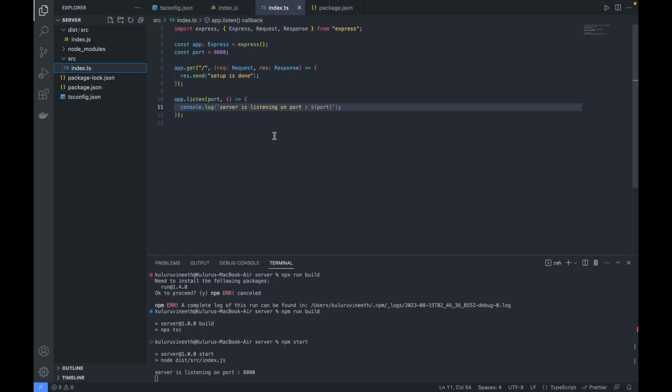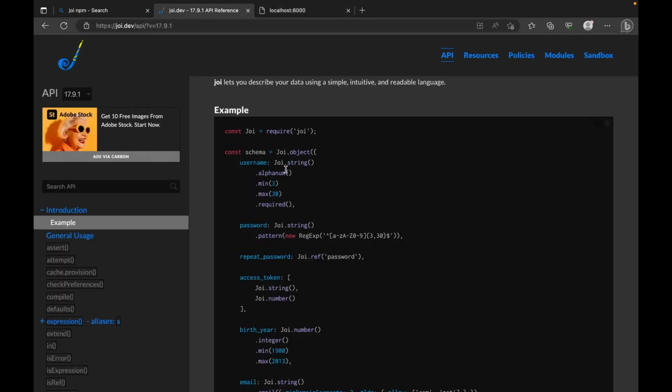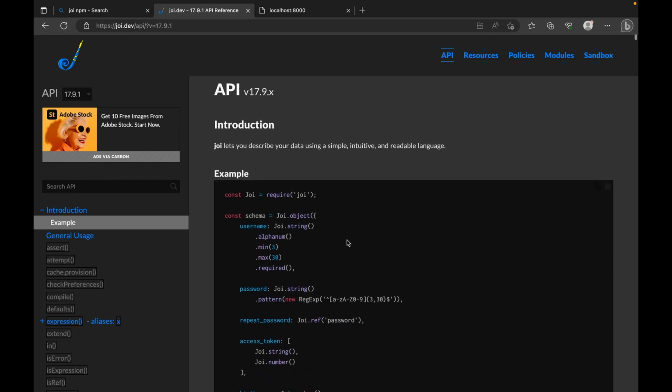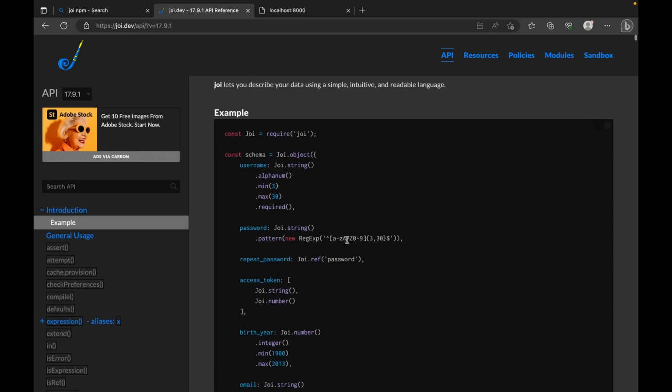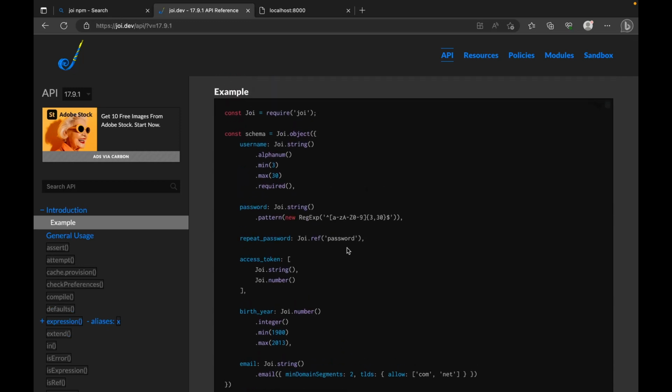So here for validation, I'll be using environment variables and schema validation. I'll be using this Joi npm library, which is very popular, for schema and validation, especially for JavaScript related code and TypeScript. This is going to make our work easier and help us write validations properly. Okay, first thing,